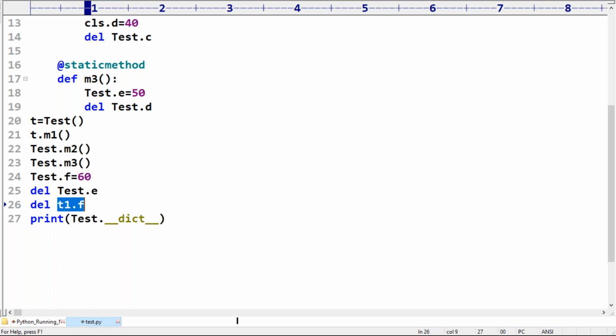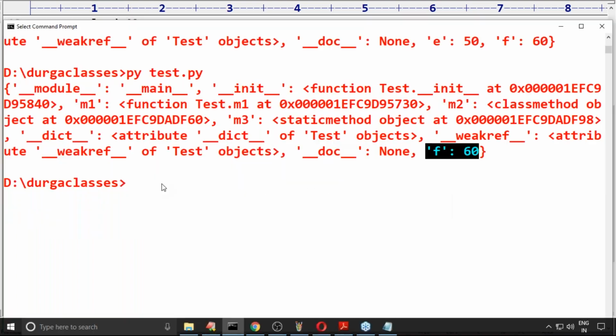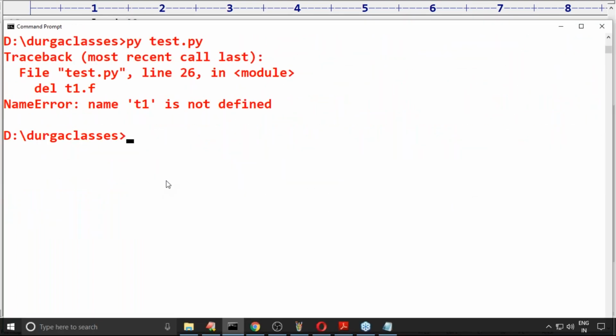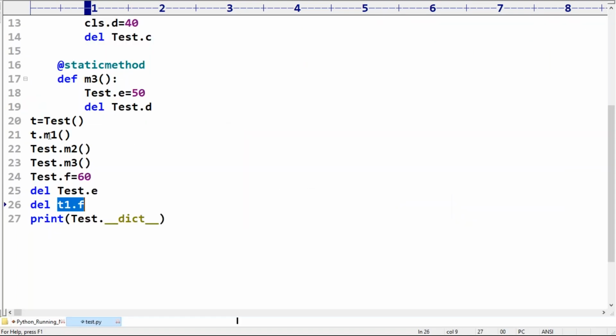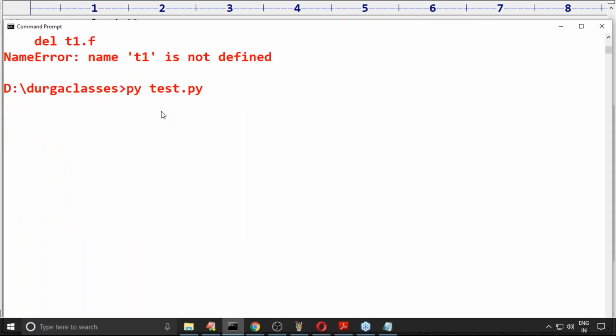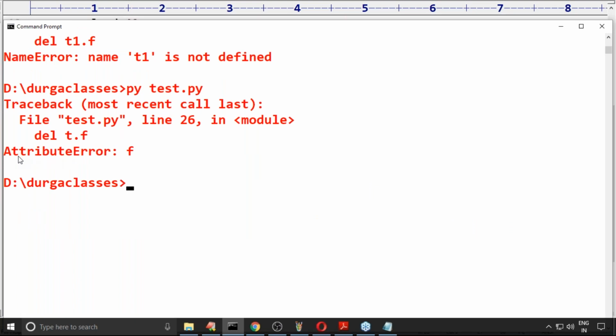Here there is no such attribute for T1. With del T dot F, T is already there, but for T there is no such attribute: AttributeError F. Have you observed?